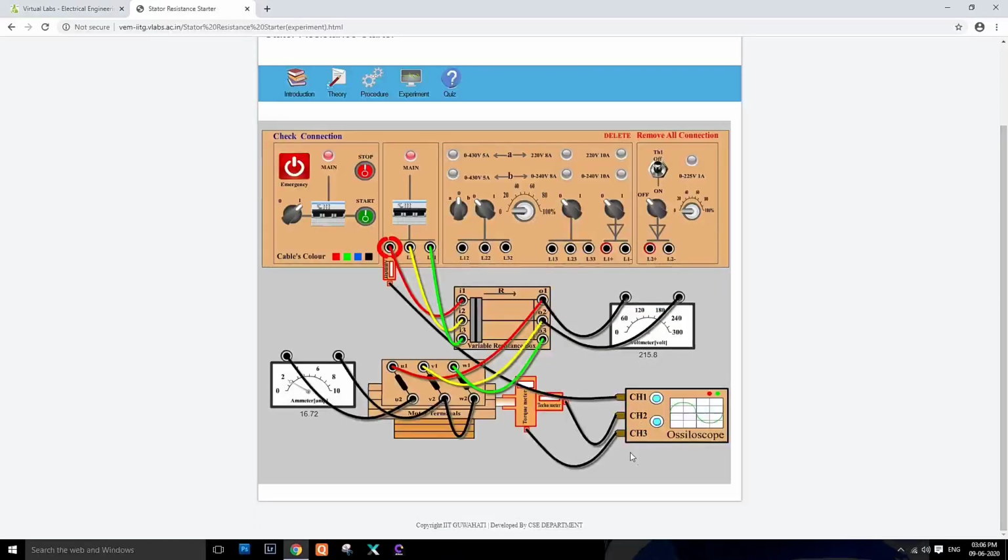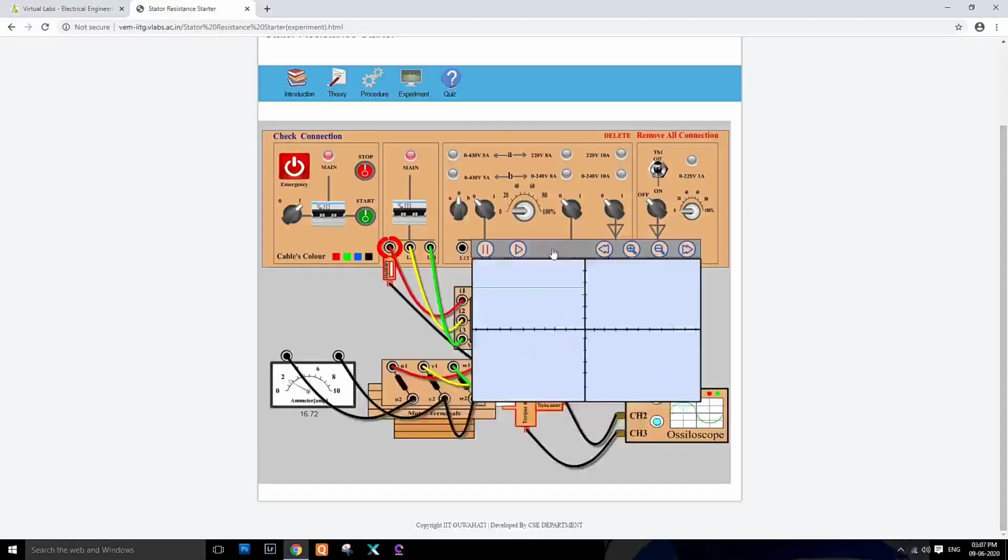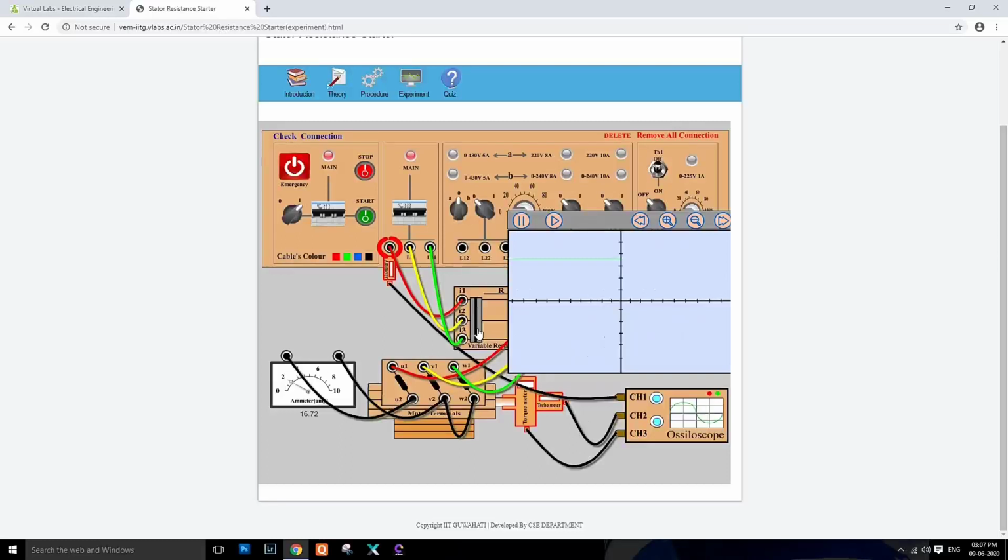Okay, from channel 2 you can measure the tachometer reading. If you vary the resistance, then the tachometer reading also varies. After some time it will reach its final value.